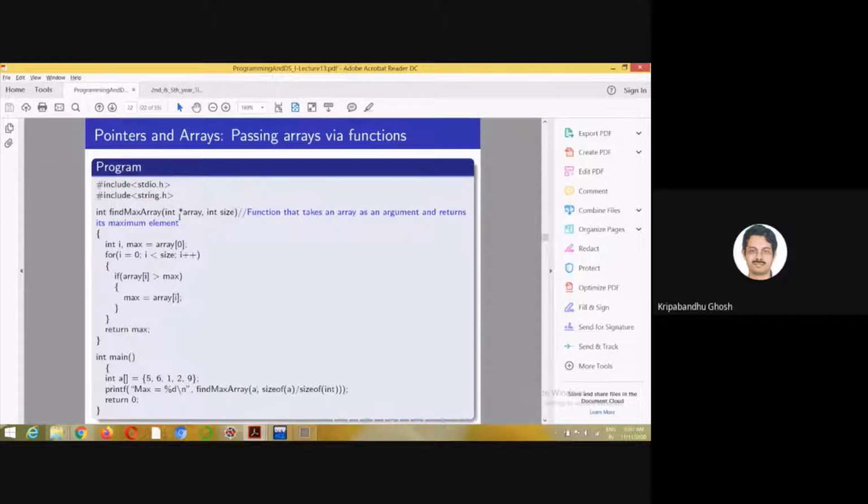So by this local variable array, the function can only point to the starting address of the array. If you don't tell the pointer how many elements are there in the array, there is no obvious way of figuring this out with regard to the compiler. So the compiler is dependent on this information to reach the other elements of the array.